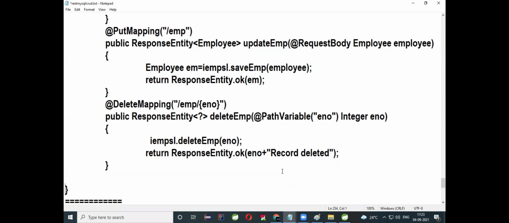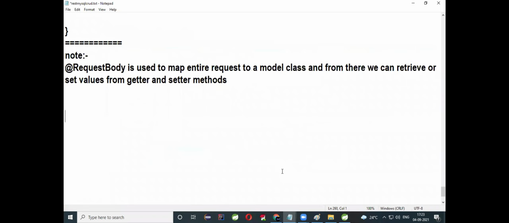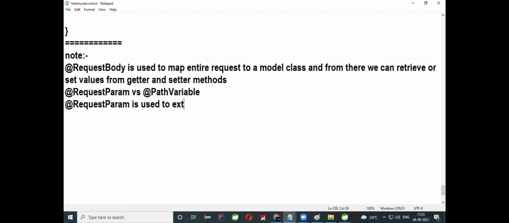Generally in interviews, they'll ask one question: what is the difference between request param and path variable? Simply, you can tell that @RequestParam is used to extract query parameters.